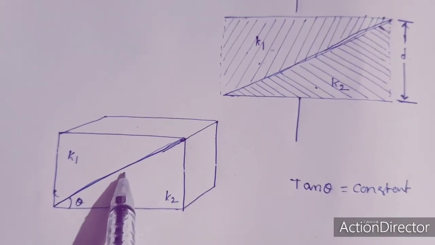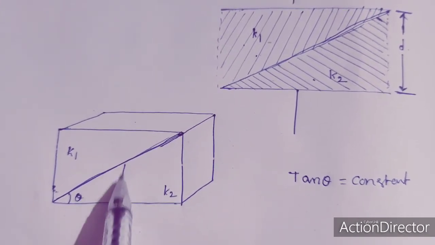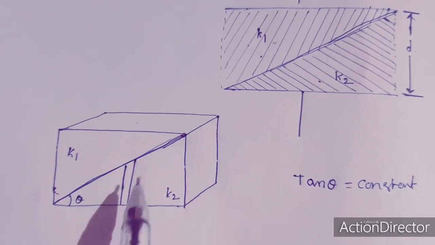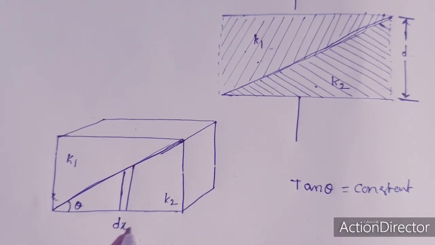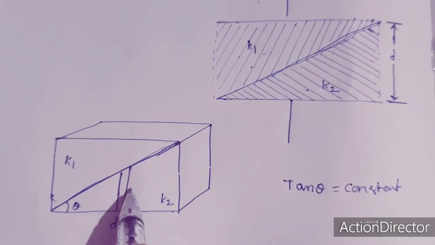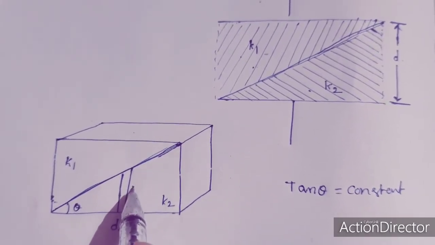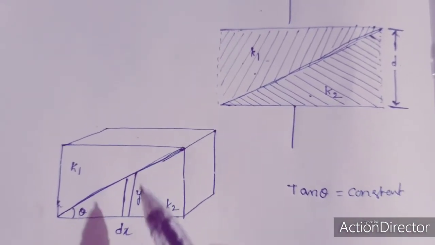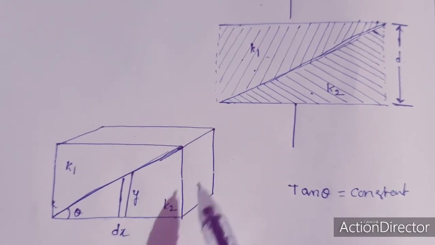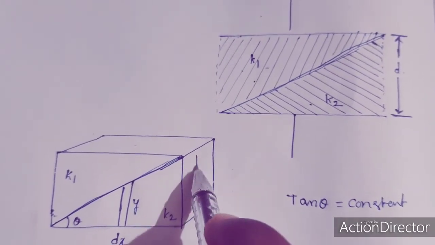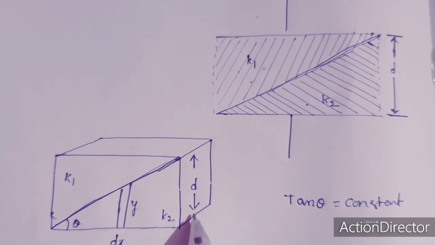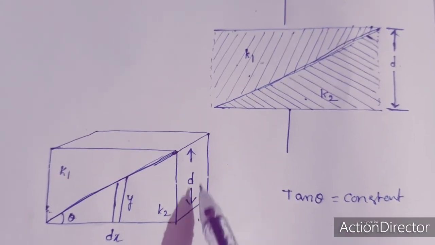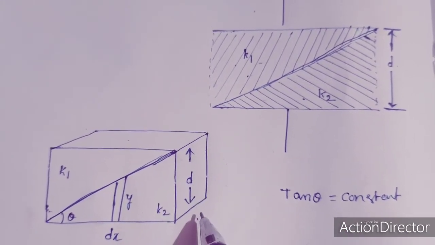Next we have to imagine one small dielectric element. So one small dielectric plate, its thickness dx, and its height y. In which direction do we consider its height? In the y direction. Along the y axis direction we can identify its height y. Next, the separation distance between one parallel plate and the other parallel plate is d, which is equal to the thickness of the dielectric medium.